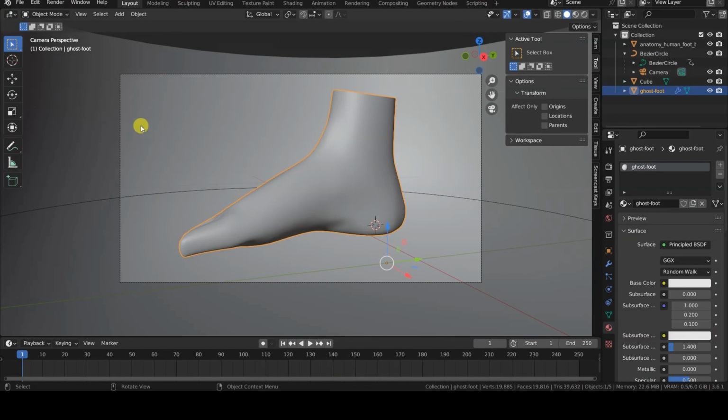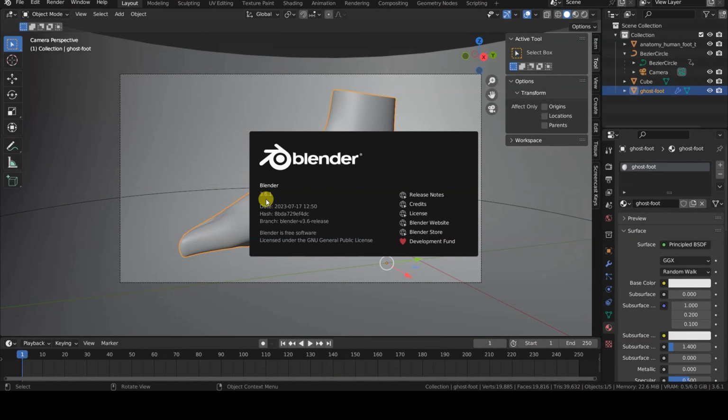This is a basic tutorial and was made using version 3.6 of Blender, specifically with the Cycles rendering engine. However, the nodes used have been available in several versions of the software and, presumably, will continue to be available